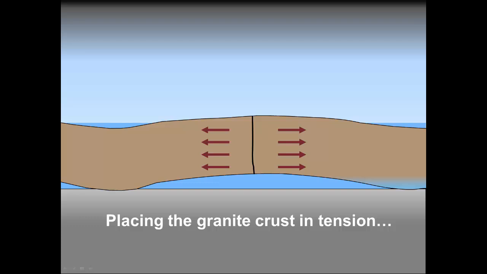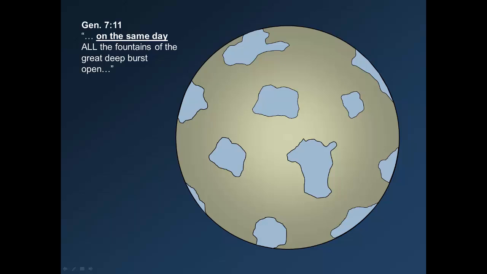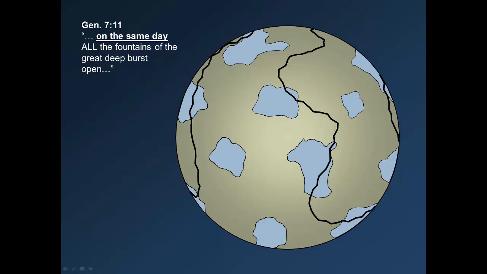This crack raced across the crust, circling the globe twice in about 2 hours, covering around 46,000 miles. The record in Genesis 7:11 can be taken literally when it states that all the fountains of the great deep burst on the same day. A tension crack in granite will travel at nearly 3 miles per second. In this case, the crack propagated at this speed in 2 directions.